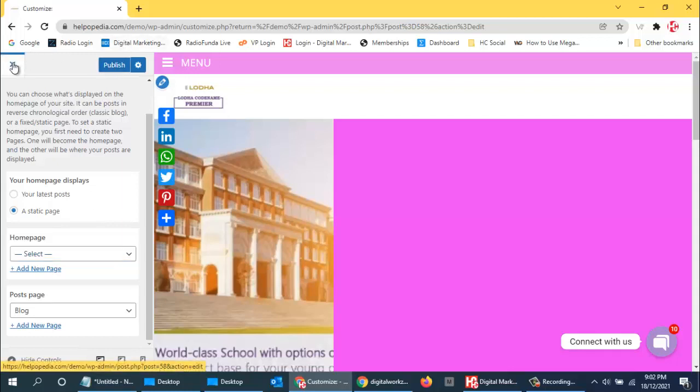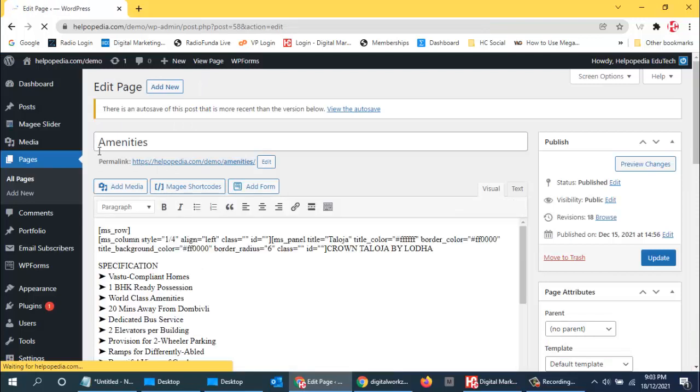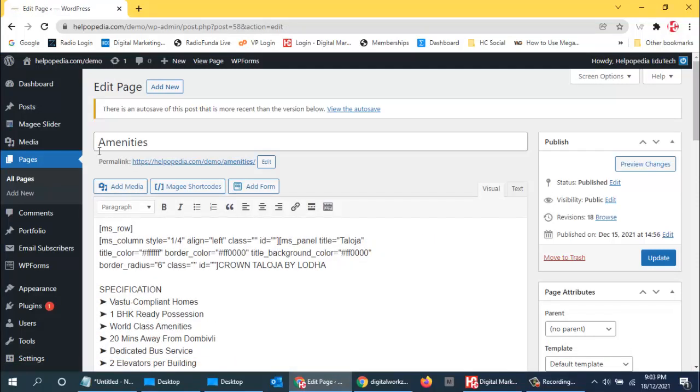So yes, that's it. You just practice and see what more themes you can install. You can check out other real estate plugins or themes also, and see how things work. Unless you try 50, 100 themes, you will not get the best thing. Even I have used a lot of themes, downloaded lots of themes.